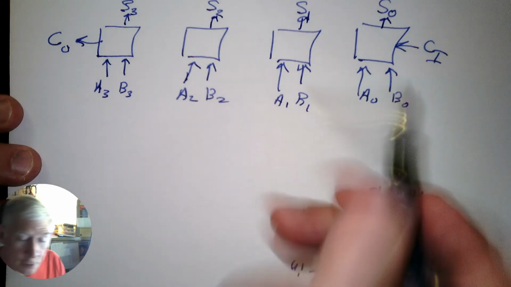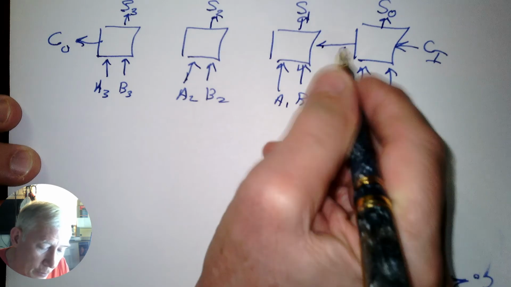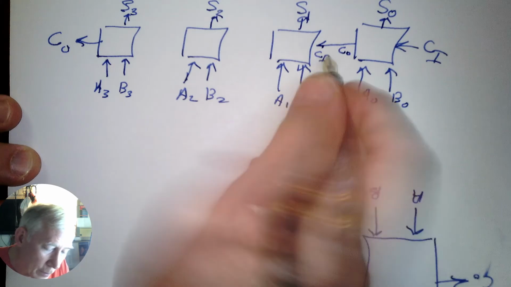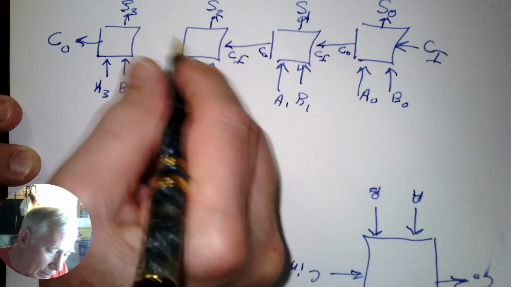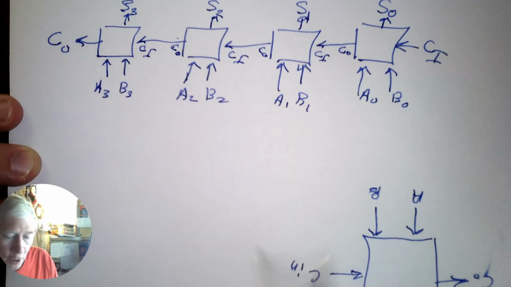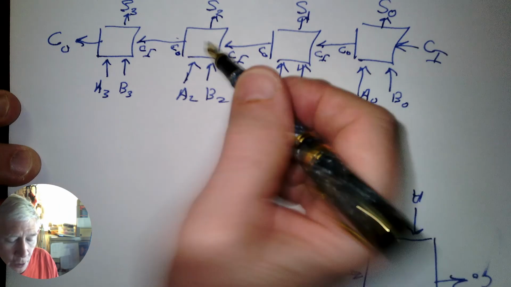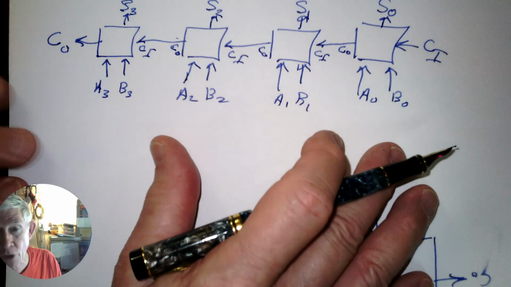Oh, well, I didn't do some things. So what I do have is, though, the carry out here is the carry in here, and the carry out here is the carry in here, and the carry out here is the carry in here. So we're passing the carry along, and one of the things that makes this adder unacceptably slow is the fact